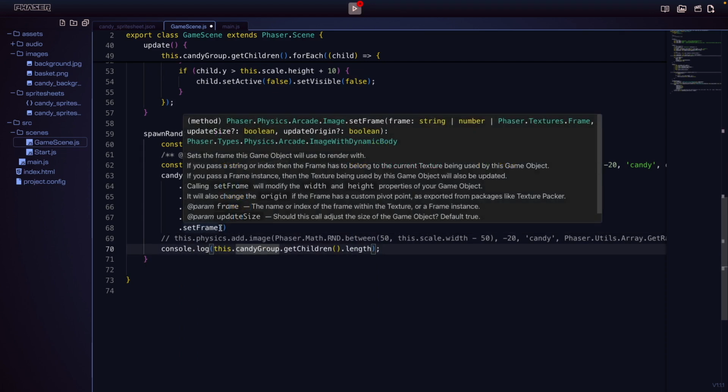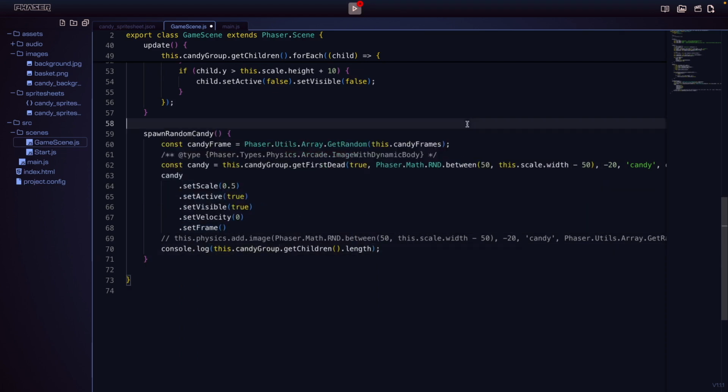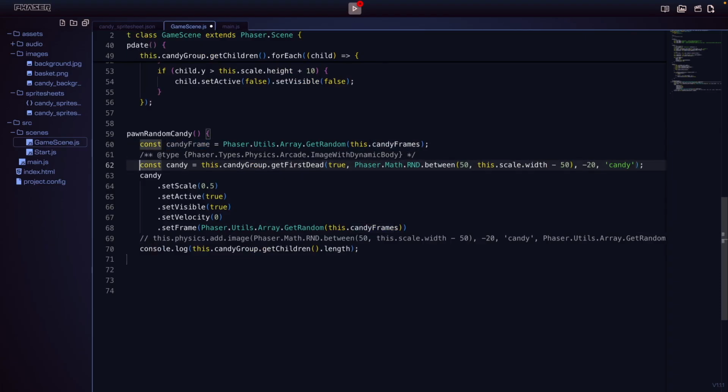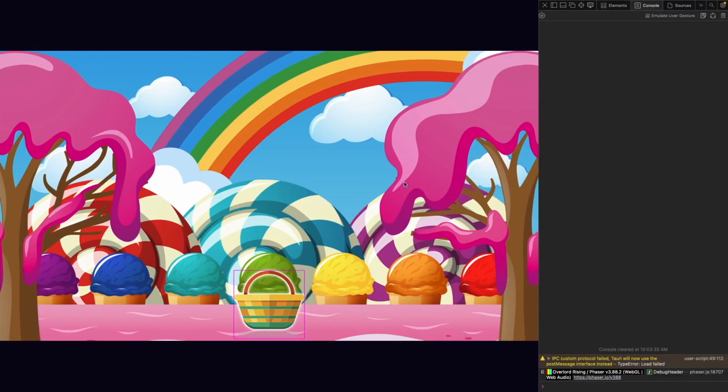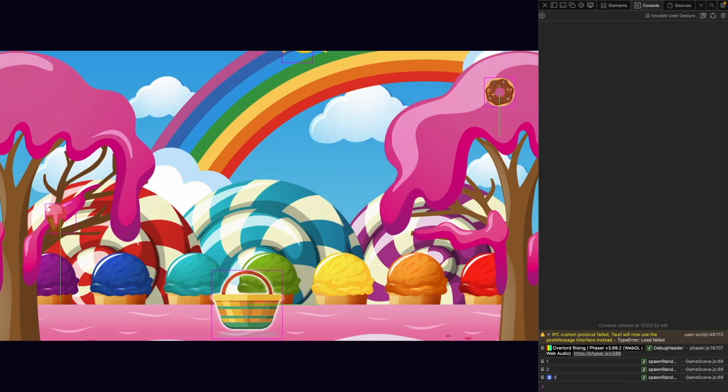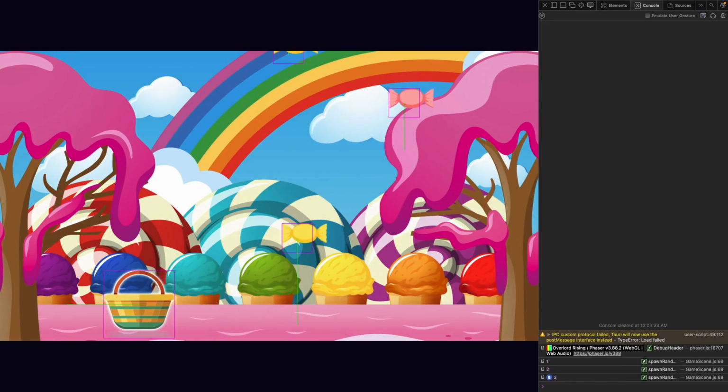Since we're going to set our frame on any of our candy instances, we're just going to move this block of code here inside our call here, and let's remove it from our line of code here when we get our object reference, and we'll just use our default frame when we spawn our game object initially. So now if we save, let's come back to our game. Now, when we spawn our game objects, we should notice that we are using a random frame every time we